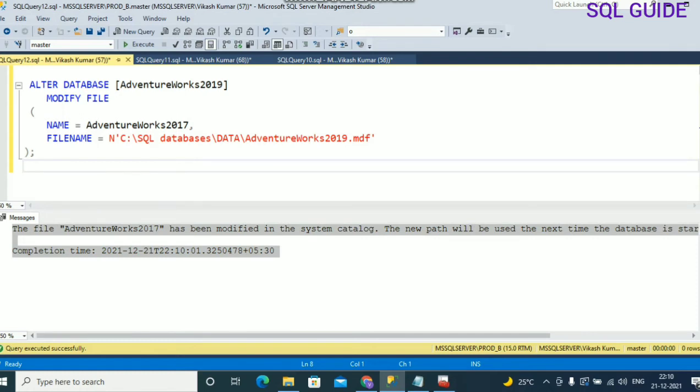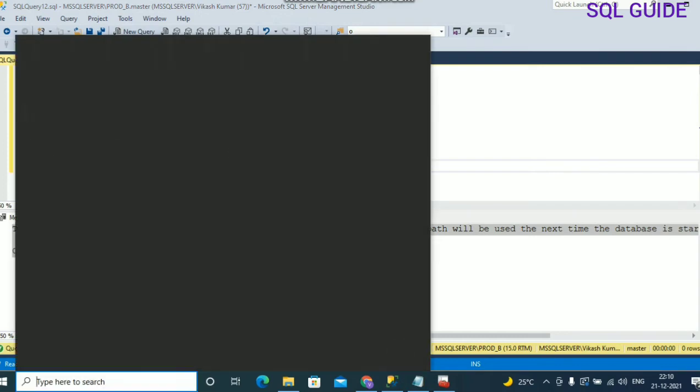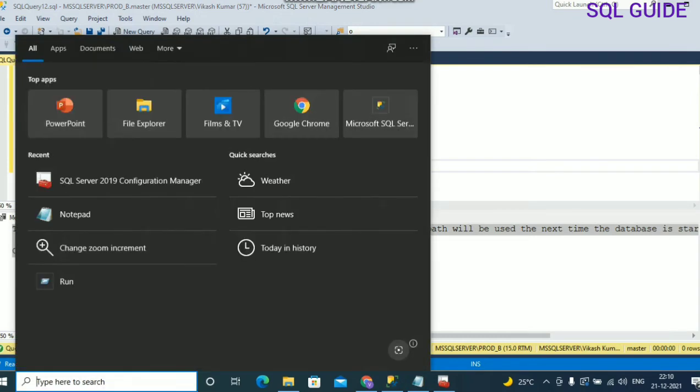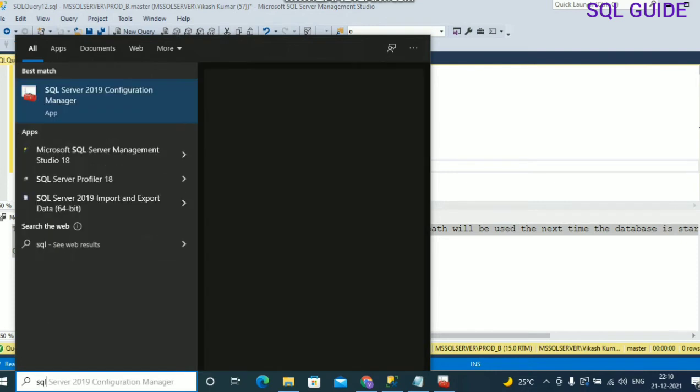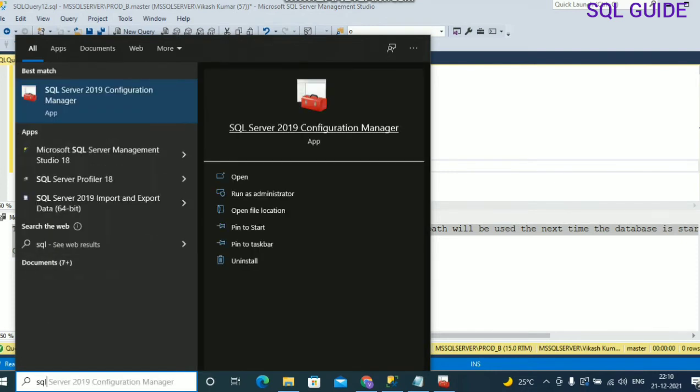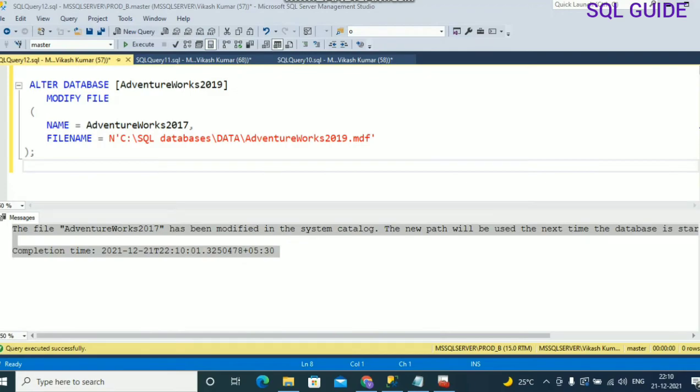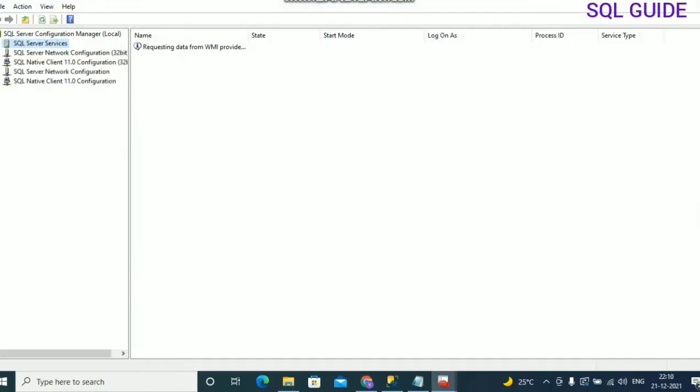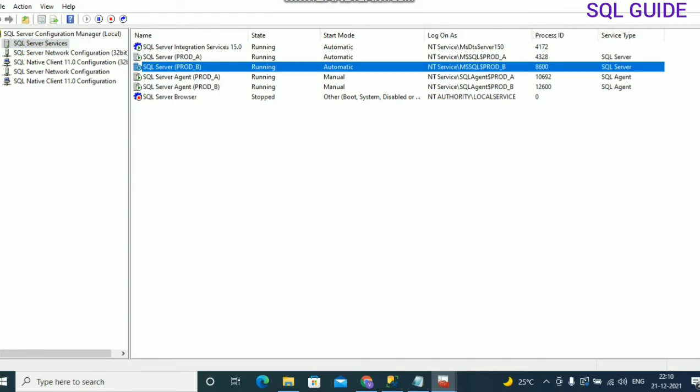So let's connect to the prod_b secondary log shipping instance, remote into the log shipping secondary instance, run SQL 2019 Configuration Manager, go to services and stop the services.